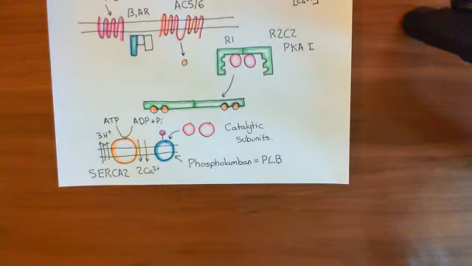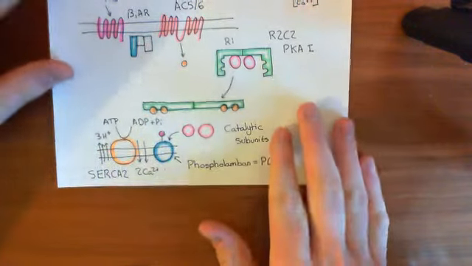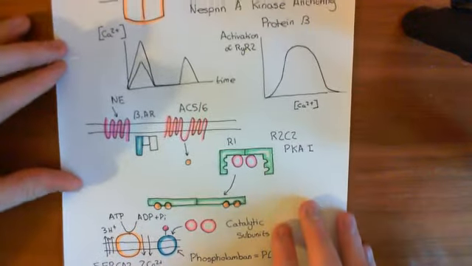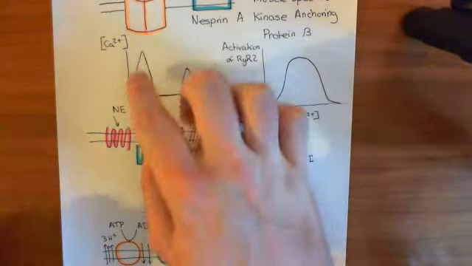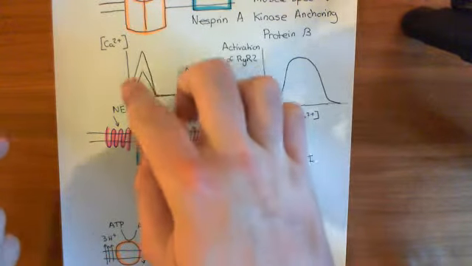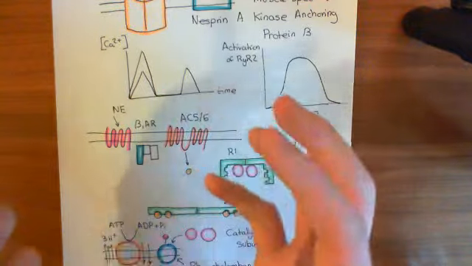So it drops off the SERCA2 pump, stops inhibiting it, and that increases the activity of the SERCA2 pump. So you've now increased the activity of the SERCA2 pump, and that means that in this phase of the cardiac contraction where calcium release has now stopped,